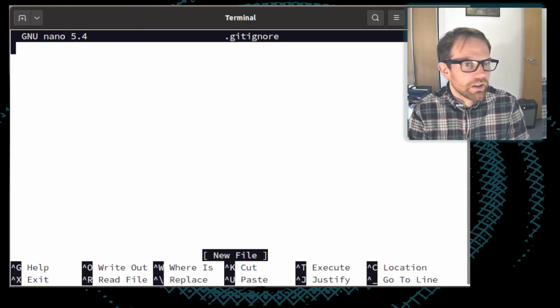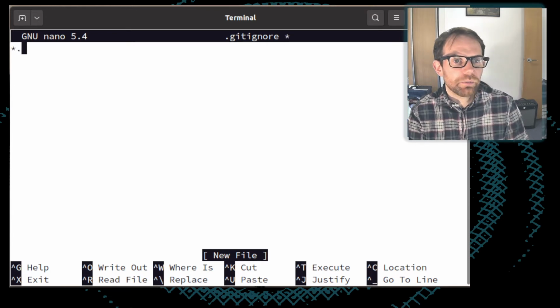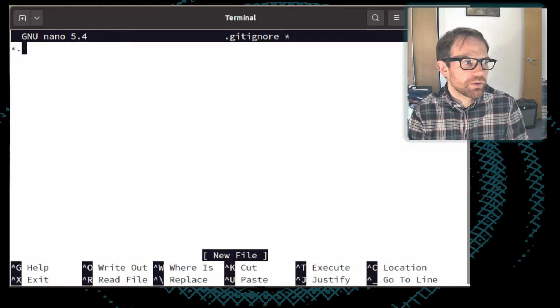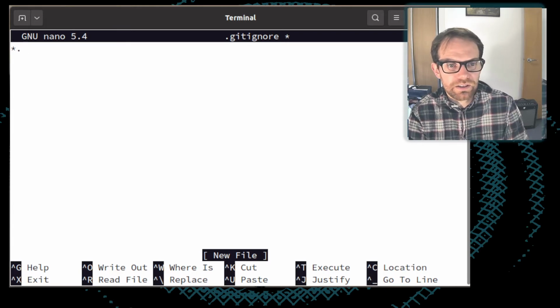What we can add to this .gitignore file is patterns of types of files which we don't want to ever include in commits, and that we don't want Git to keep reminding us about.